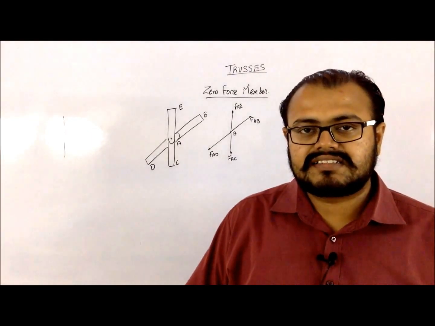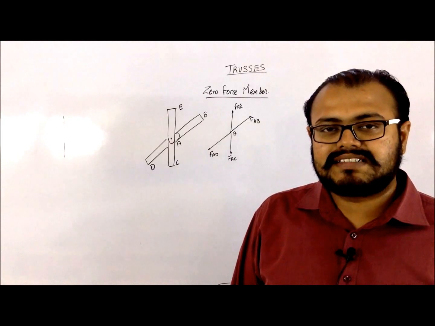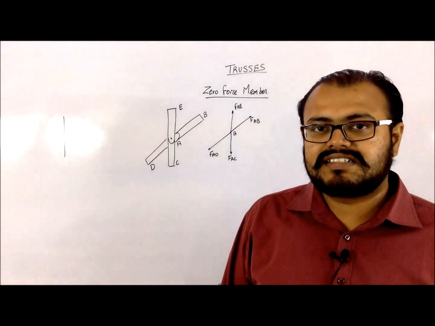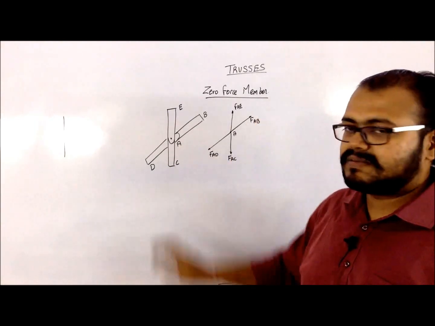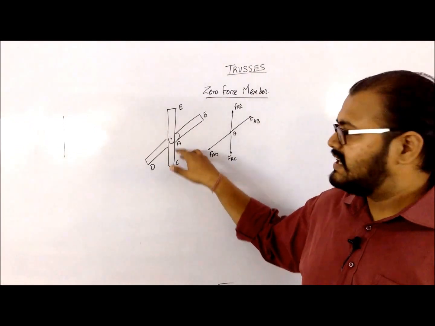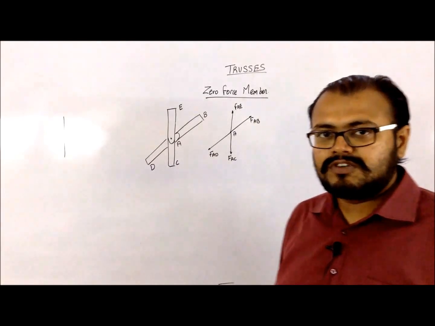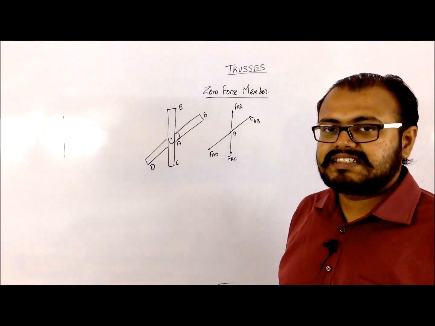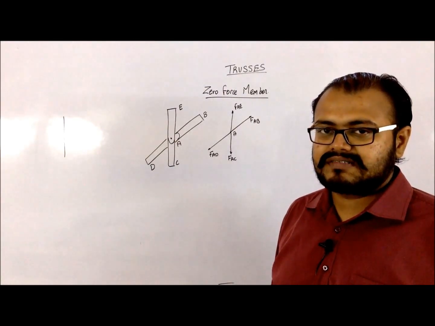Next topic which we are taking is my zero force member. Now zero force member is a special type of members present in the trusses which will be having their forces equated to zero while certain conditions applied to it. To understand my zero force member concept, I am going to consider this particular example. In this particular example, at pin point A, I can see that there are 4 members which are attached to it. Now these 4 members are attached to point A, and point A is to be a stationary point. That is, it is having an equilibrium condition at that point.